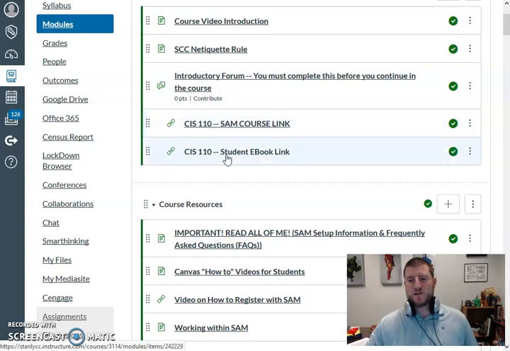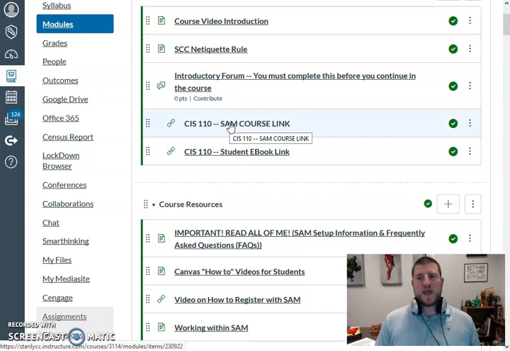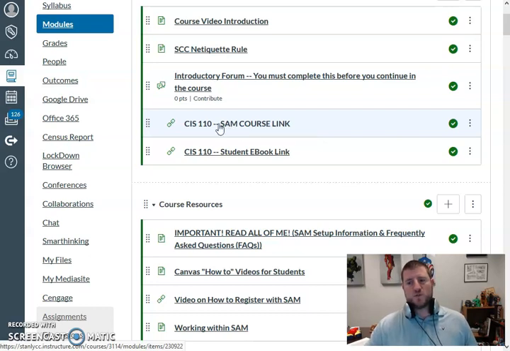The next link here is the student ebook link. So when you click on the SAM course link, it's going to ask you to give them a login and a password, but also the code that you purchased for the course. You should have purchased a SAM code. If you don't have a code, then you need to contact our bookstore, or you can call Cengage. You can get it directly from them and just buy a code so that you can get access to that SAM content. If you don't have a code, you're not going to be able to complete the course. So be sure you get a code,